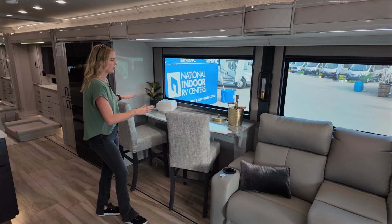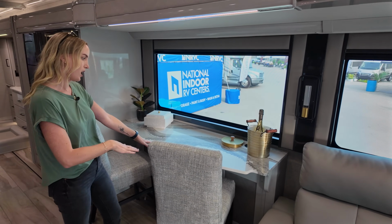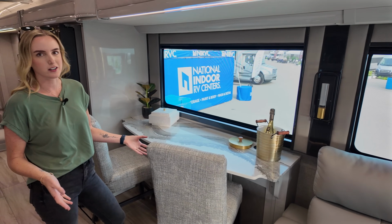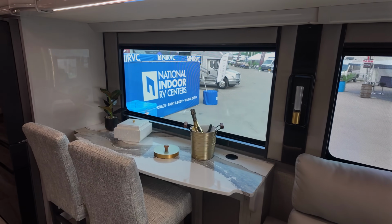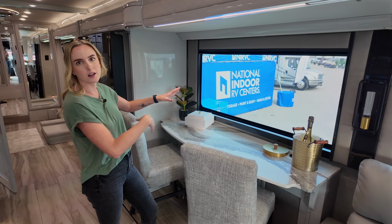And then we also changed the standard dinette booth and table option that they have to bar top seating. Anytime Kris and I go out to dinner, we love to sit at the bar and hang out. So this was a concept for us that we liked, that it took up less space and we can look at the view, and it's just more...